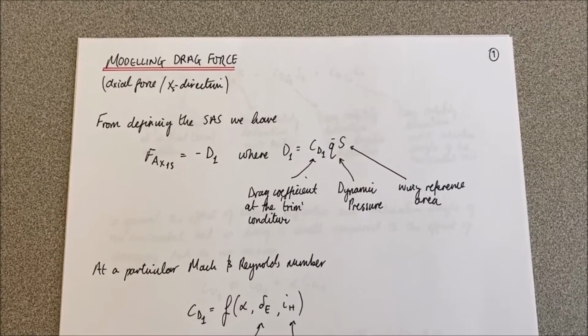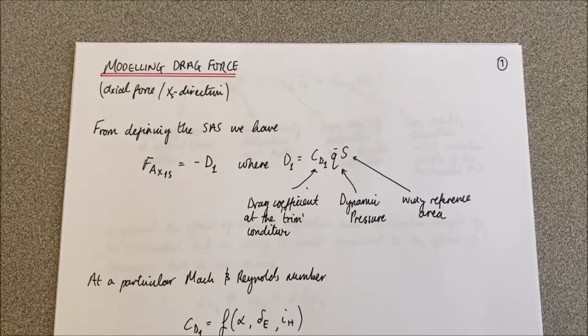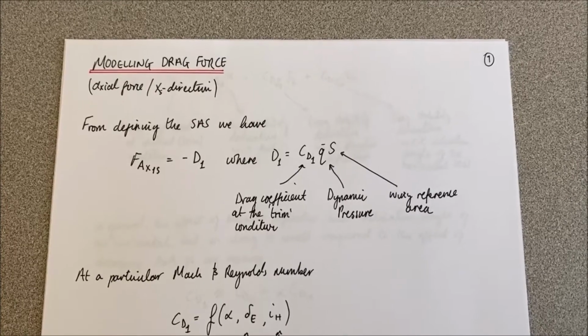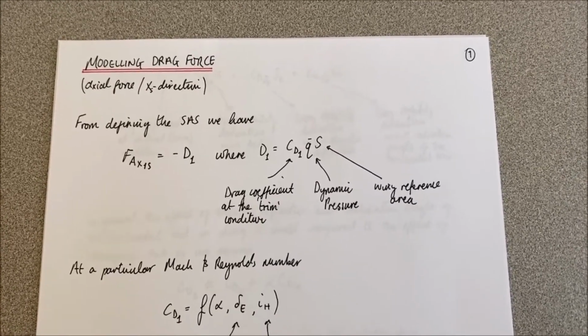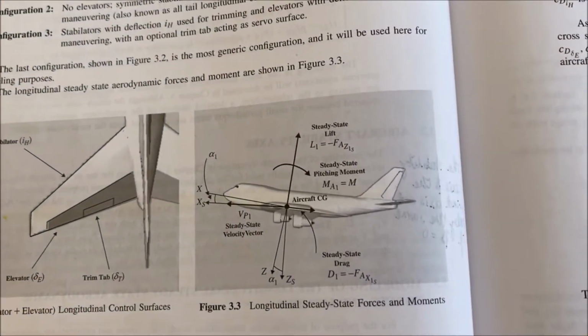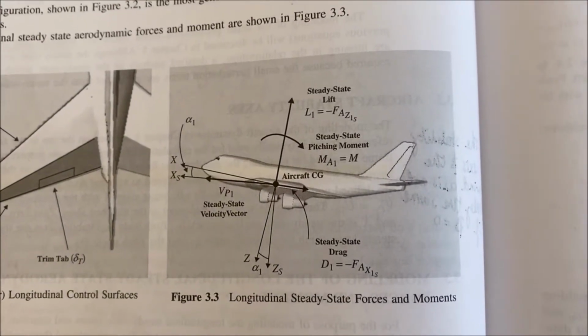Alright then, so let's start by modelling the drag force. This is also referred to as the axial force, or the force in the XS direction, so that's the stability axis system in the X direction. You'll recall this figure that I just showed on the slides,